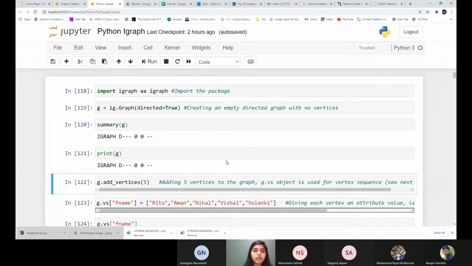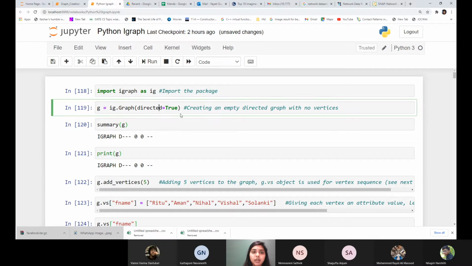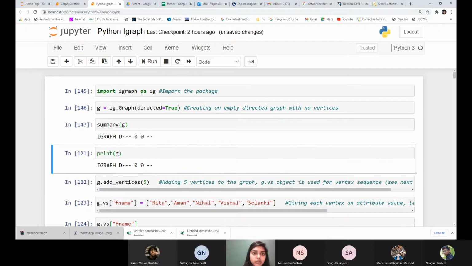So I'll give you a quick recap of what we have done previously and then we'll get started further. Since all of you have done two programs in iGraph, you will be familiar with it by now. So these were the few commands we saw in our previous lecture. We saw how you create a graph and then declare whether it's directed or undirected. Then you can see a summary of your graph or you can print it. So here this letter D means that it's a directed graph. This one over here is the number of your nodes and this one is the number of edges. Let me just keep executing these blocks one by one.